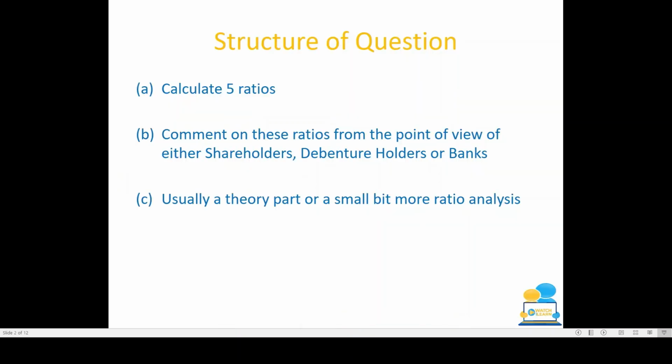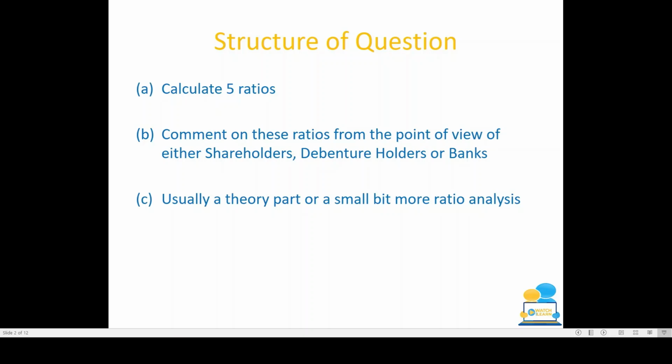So first of all, we're going to look at the structure of the question. Interpretation of accounts is always question 5 on the Leaving Cert higher level examination paper. In part A, we're usually asked to calculate 5 ratios. In part B, we have to comment on these ratios from the point of view of either the shareholders, debenture